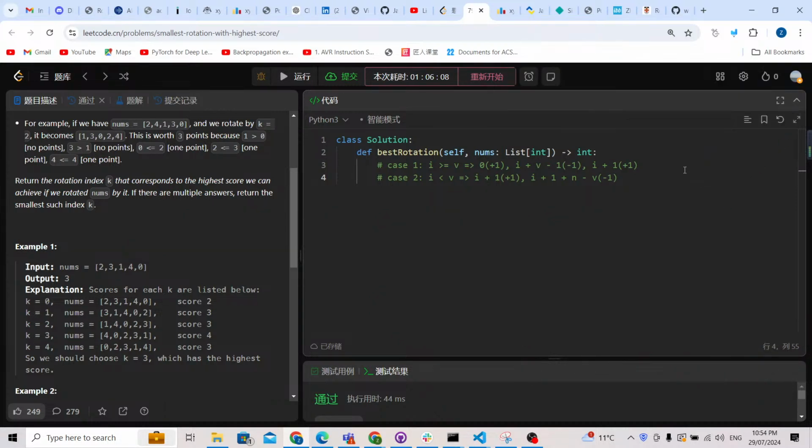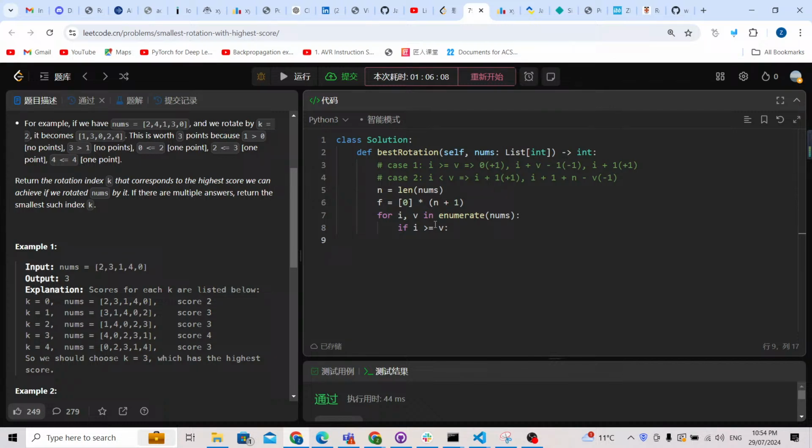Now let's just try to code it up from the two formulas. From the beginning, we're going to prepare the length of the nums, and then prepare the difference array. For the difference array, we're going to prepare n plus 1 positions, because that one is only for easy calculation. Now we want to check all the numbers. So for i, v in enumerate the nums array, we want to check the index i. If this is more than or equal to v,